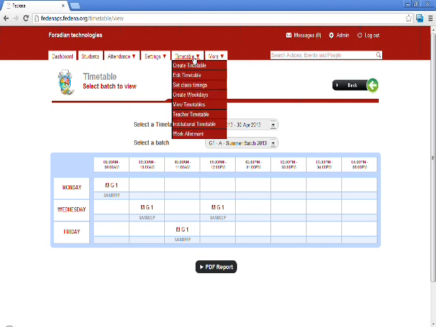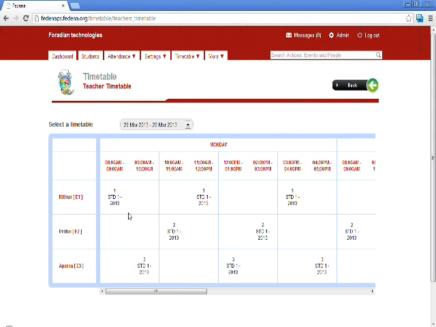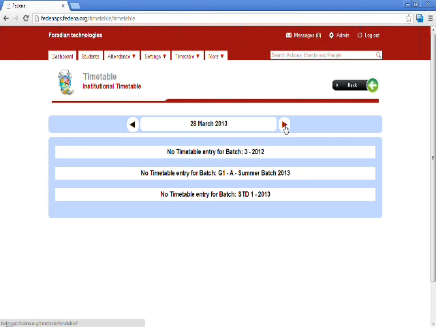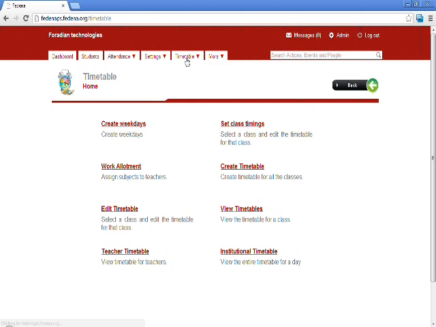Okay, and the next one is the institute and teacher's timetable. If you want to see the teacher's timetable, you can see the teacher's timetables here. And if you want to see the institutional timetable, you can also see the institutional timetable for one day. That is, the whole institution's timetables will be entered here. And next one,